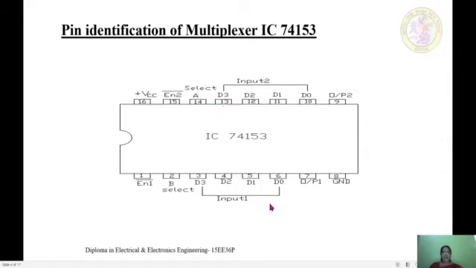We will be having 2 outputs. The output of the first multiplexer is pin number 7. The output of the second multiplexer is pin number 9, and the enable for actuating the working of multiplexer 1 is pin number 1, and the enable pin for multiplexer 2 is 15.